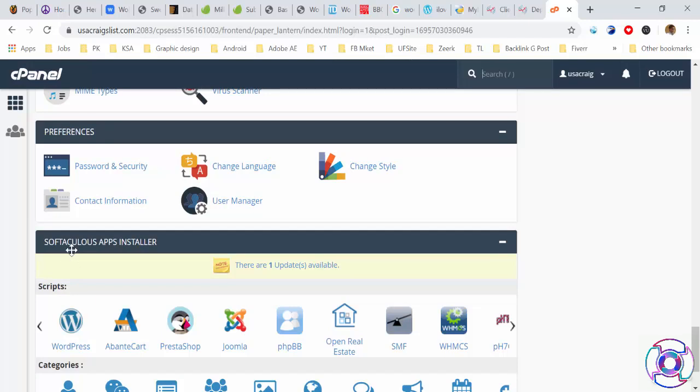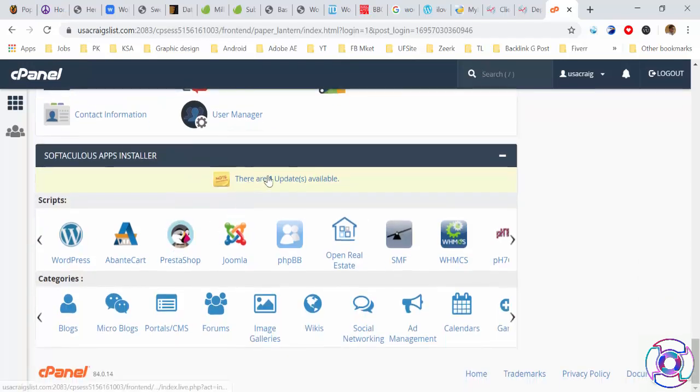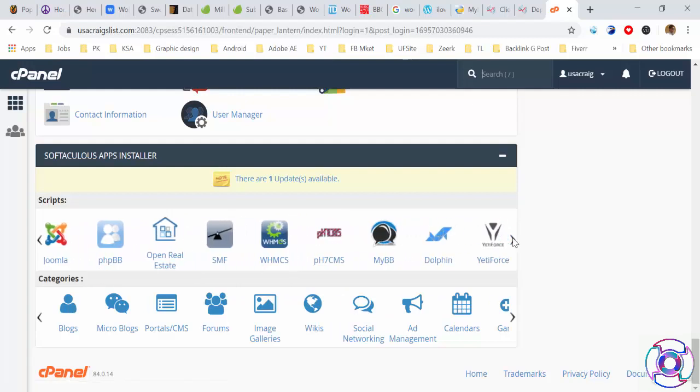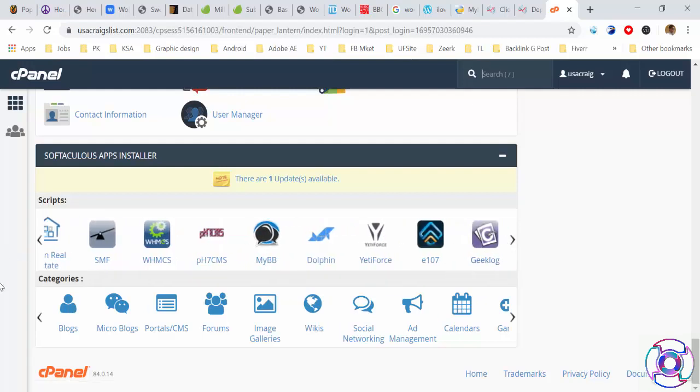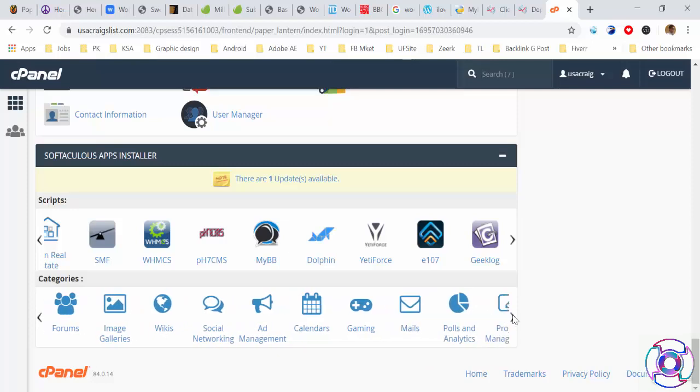Then there is the Softaculous app installer. One update is available here, and here you can install your WordPress, Abantecart, PrestaShop, Joomla, phpBB. All these platforms are available here. Which one you need, you can choose. Also there is a category of blog. If you want to choose and install, you can easily install.